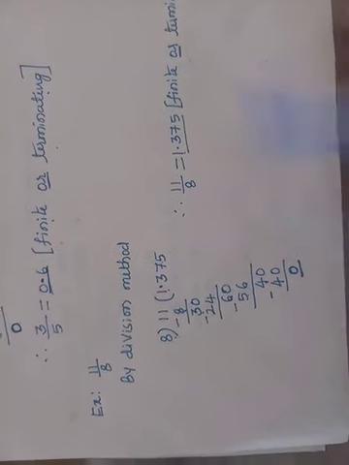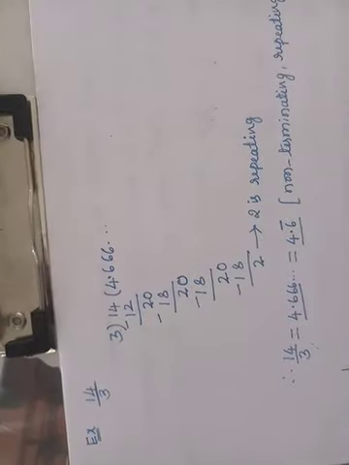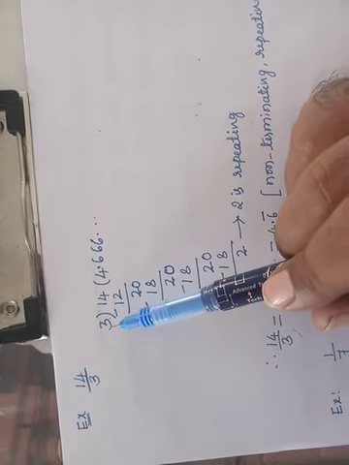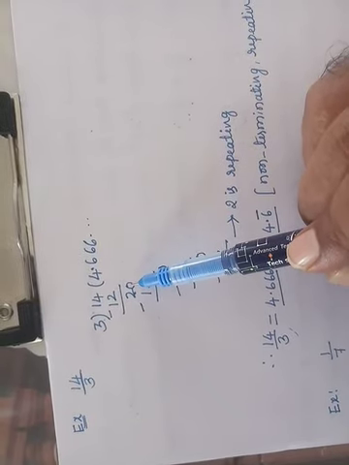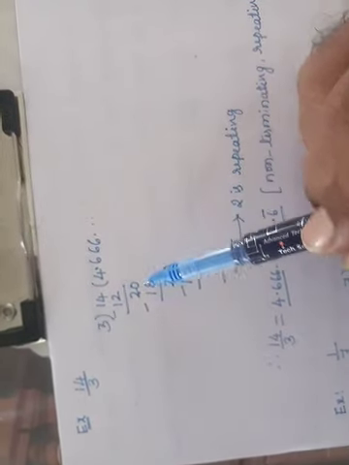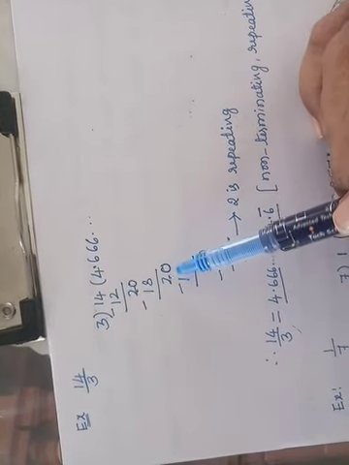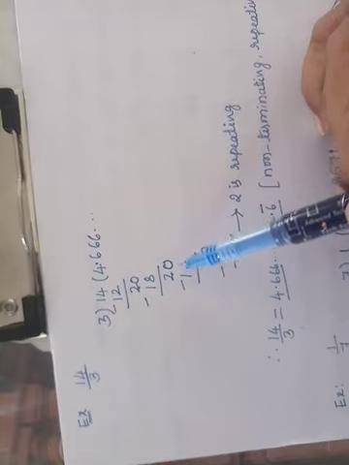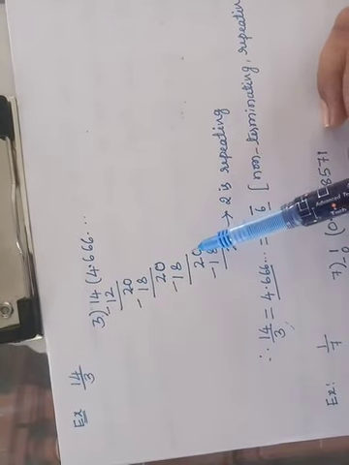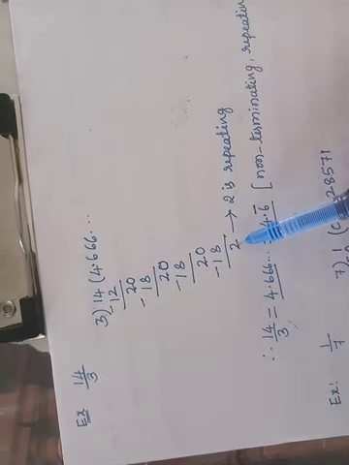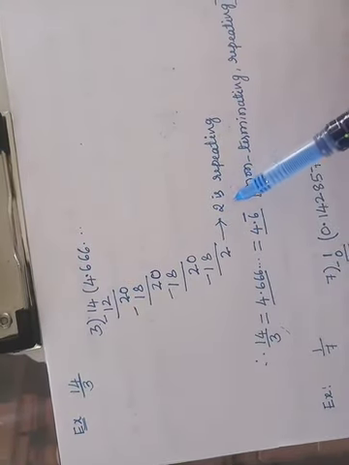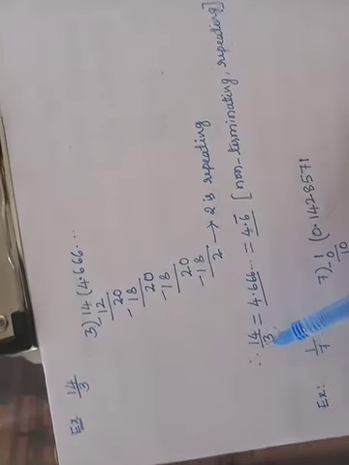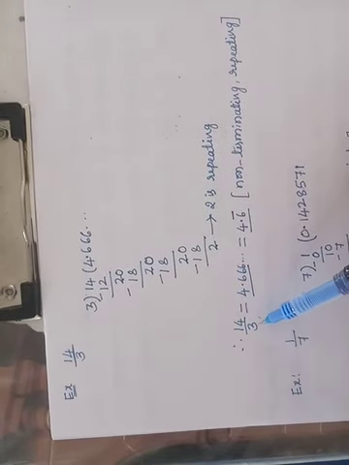The remainder is 0 here. Take another example, that is 14 divided by 3. 14 by 3. 3 fours are 12. 14 minus 12 is 2. 0, take the point here. 3 sixes are 18. 20 minus 18 gives us 2. Again 0. 3 sixes are 18. 20 minus 18 gives us 2. 0. 3 sixes are 18. 2. See, in all the cases 2 is repeating. Remember, 2 is repeating here. Therefore, the decimal expansion of 14 by 3 is equal to